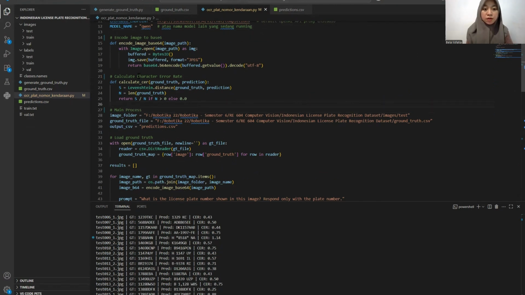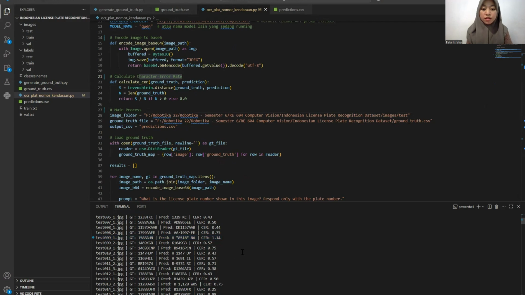This is the explanation about the character error rate from successful and failed examples that we get from the prediction.csv. A character error rate value under 1.0 indicates a successful evaluation with nearly accurate prediction, and the model successfully read numbers and letters in order. For the failed example, a high CER, a character error rate value more than 1.0, indicates a failed evaluation with inaccurate prediction, where the model incorrectly read the sequence and even inserted irrelevant characters, likely due to visual noise, interference, or the style of the license plate writing.